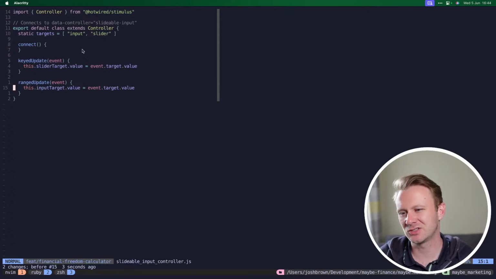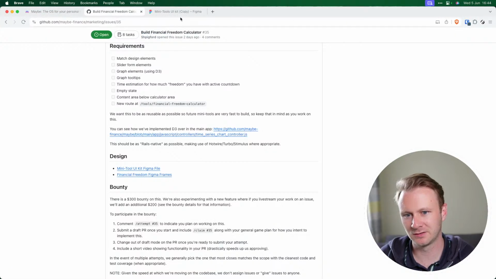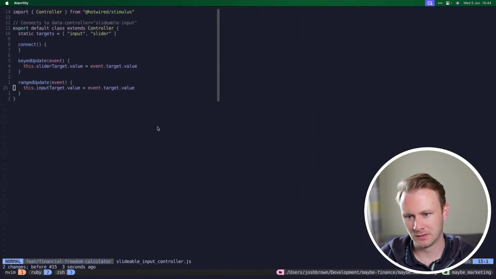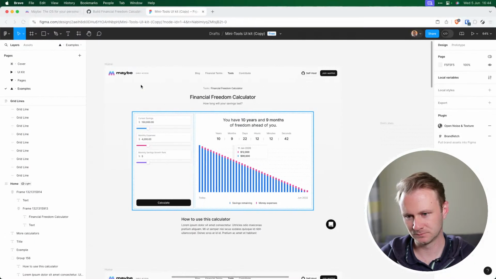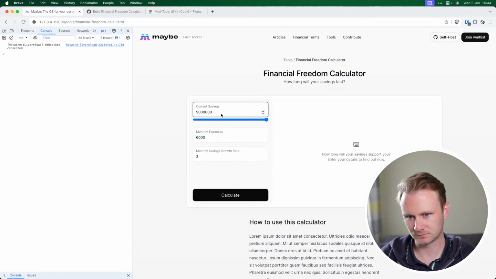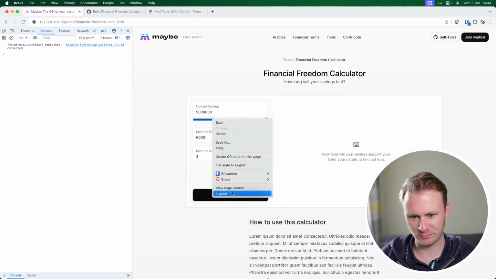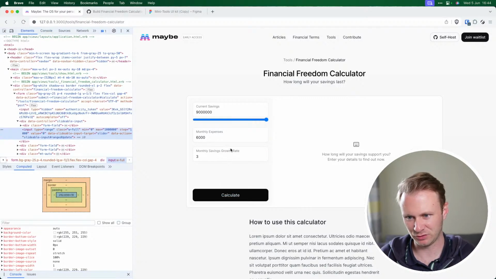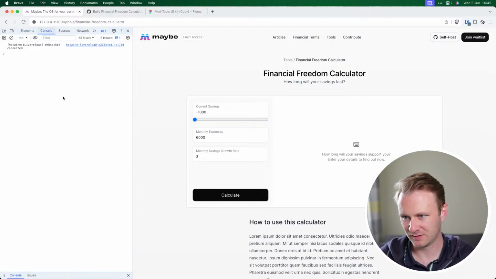So actually this is just synced input. There's literally nothing else to this. If I put a ridiculously large number in here, that just gets given the ridiculously large number. If I go minus 100, this